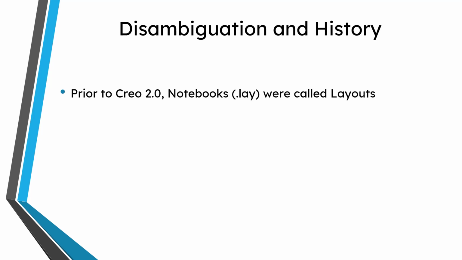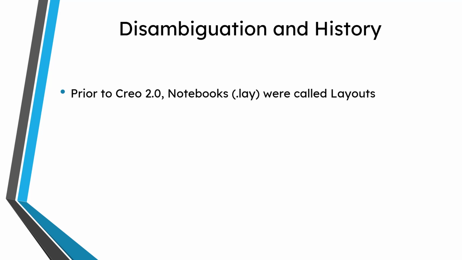In Creo Parametric 1.0 and earlier, there were objects called layouts, but they're different than layouts today. What were called layouts back then are now called notebooks, but you will notice that they still have a .lay extension. Notebooks are used in top-down design, and they are used to control important dimensions and parameters that affect multiple components. So again, they're called notebooks now, but in Creo Parametric 1.0 and earlier, they're called layouts, and they have a